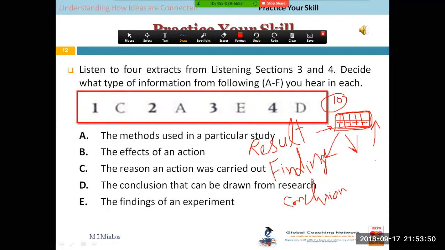Based on this, we can draw some conclusion from these findings, or from the result of the study. We can deduce, or we can conclude, that with the passage of time, temperatures are going higher. Overall temperatures are going higher, maybe because of climate change or something. So that would be our conclusion.